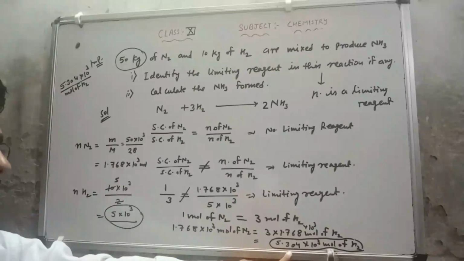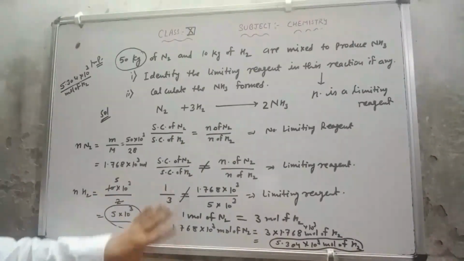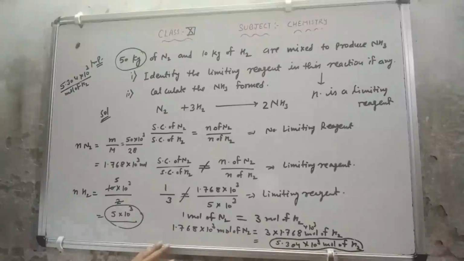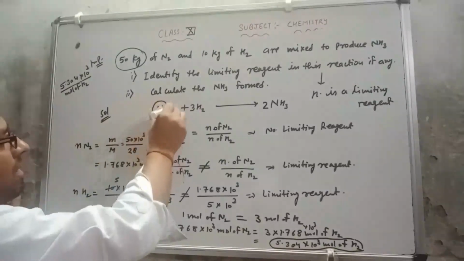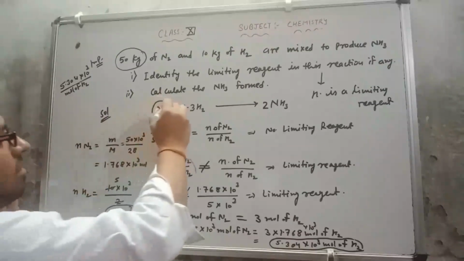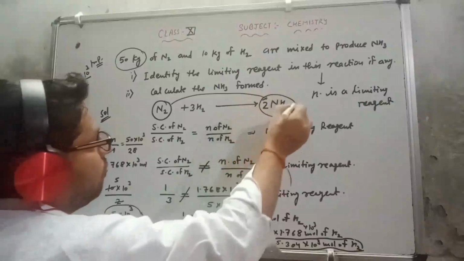So this is more than whatever we have. That means whatever we have is in less amount. So hydrogen is a limiting reagent. This is the first part question. I hope you understand how we have got it, which one is the limiting reagent. I think there is no doubt about which one is the limiting reagent. Now whatever is the limiting reagent, this is the main point coming now. Whatever is the limiting reagent, that will identify how much of the product will form.